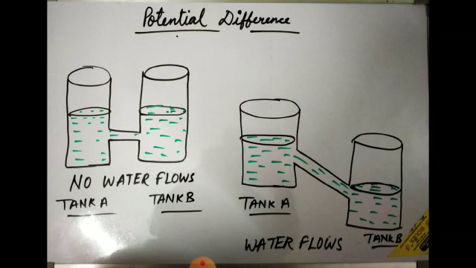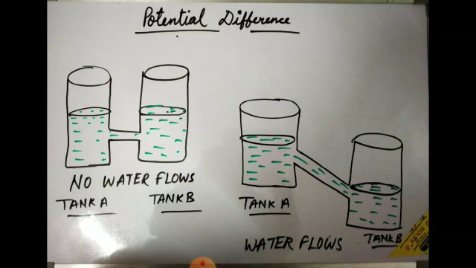So here we are taking two water tanks A and B, which are full of water, kept at the same level. In picture 1 you can see the water is kept at the same level, but in picture 2 it is not at the same level. Here they are connected by a perfectly horizontal tube. We will observe that water in this horizontal tube does not flow in picture number 1. Now if the water tank A is kept at the higher level and water tank B is kept at the lower level and connected by a tube, what will you observe? You will observe that water starts flowing from tank A to B.